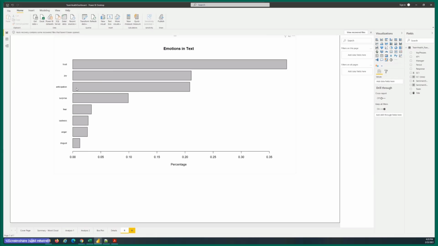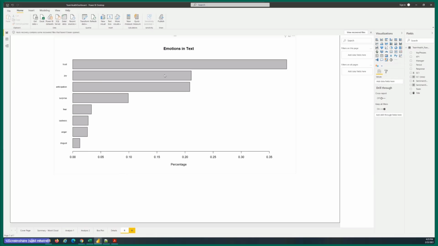So what conclusions can you draw from this chart? So what this chart is telling us is, all the way at the top, you see the emotion of trust on the x-axis, and on the y-axis, it's telling you the percentage of this emotion in the total body of text. So the emotion of trust was found about 40% in the body of text.